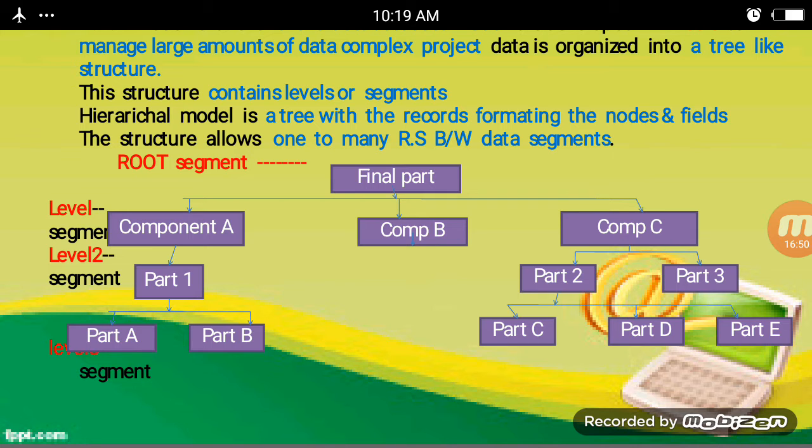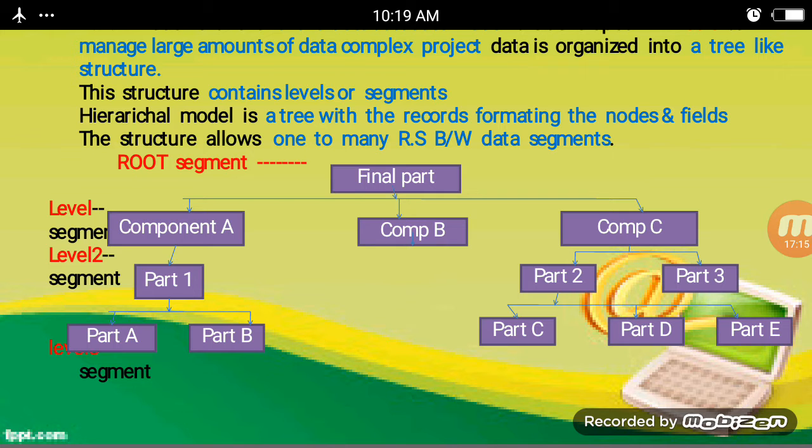Component C is divided into part 2 and part 3. Part 1 is divided into part A and part B, and part 2 is divided into part C and part 3, part D and part E. This is level segment 3.